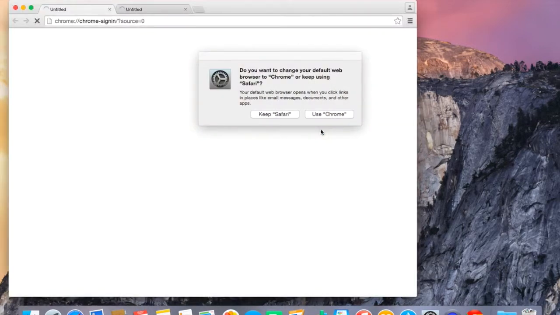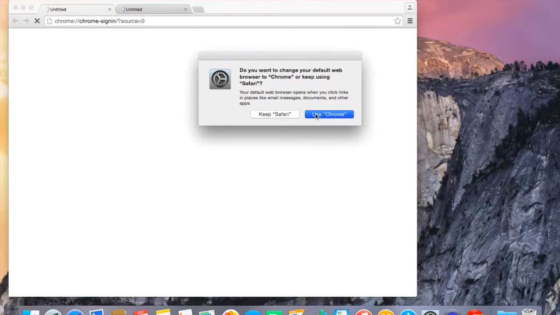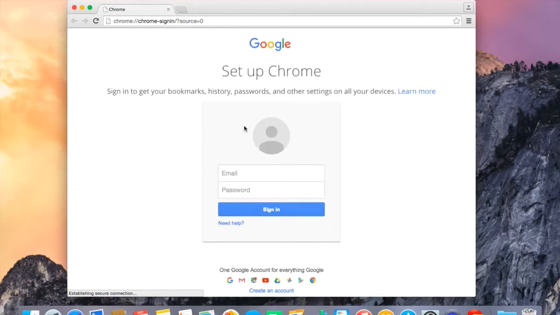First time we're opening Google Chrome, so it's asking us a bunch of questions. I'm going to use Chrome as my default browser. So the nice thing is it comes with a GAPPS sign-in right away. I'm going to put in my year that I graduate, first four of my last, first three of my first,